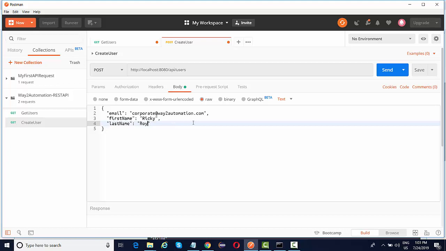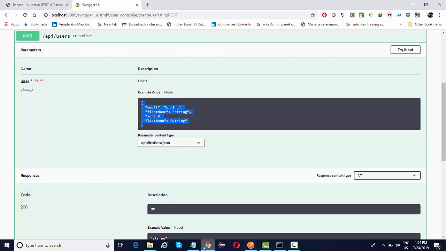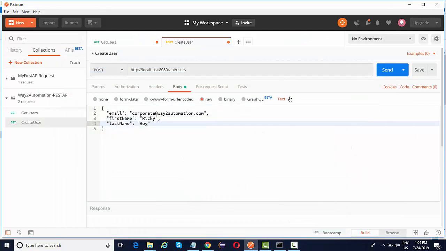And then we need to select the content type. Either you can select it from here, so you can send it in the form of plain text or XML. Right now you're sending it in the form of JSON, so you need to select JSON from here. And always remember that the content type that you're providing will always be sent in the form